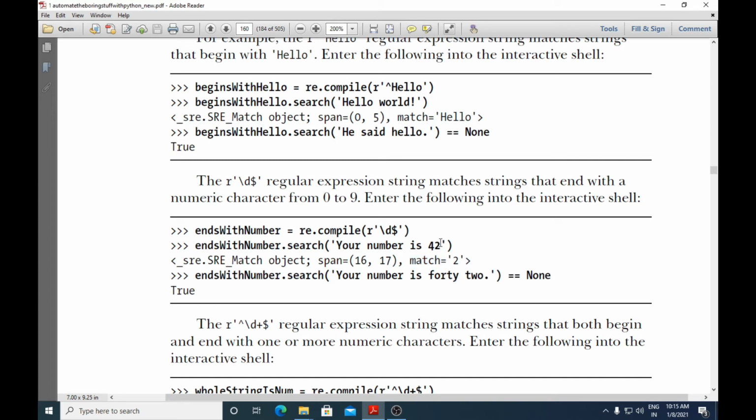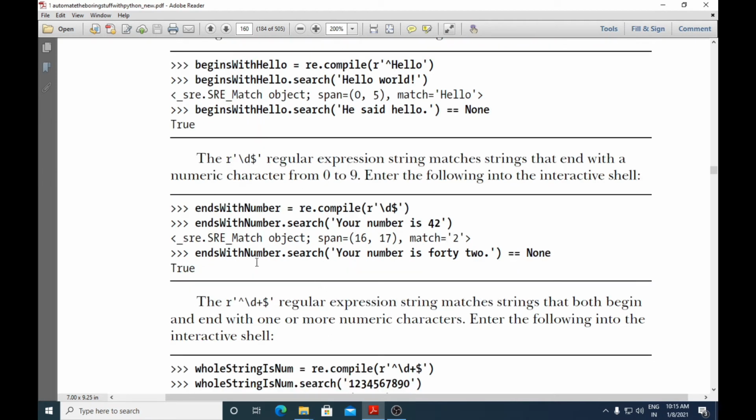Match equals 2. Here \d only is used, so \d will only match one number. Out of 42 it will match only one number. If you had used \d+, then it could have matched one or more numbers.